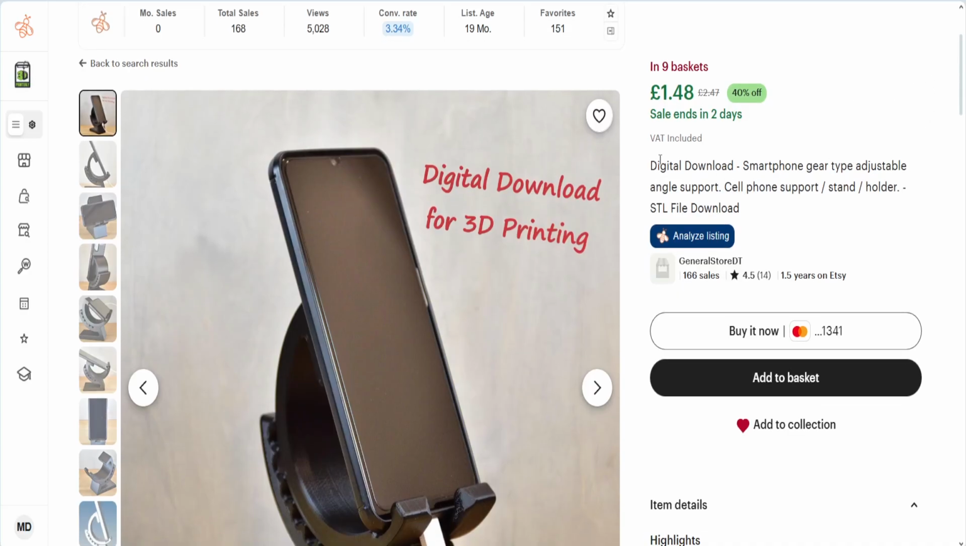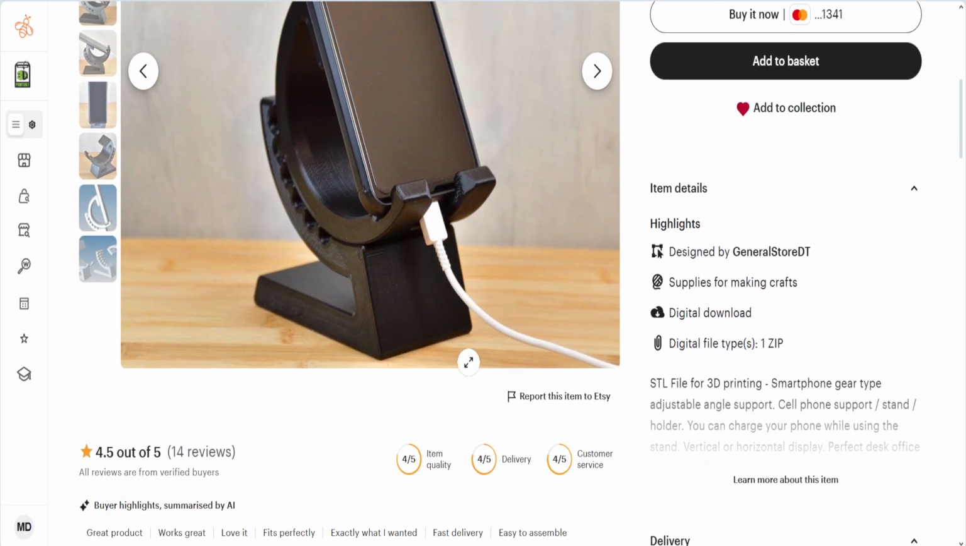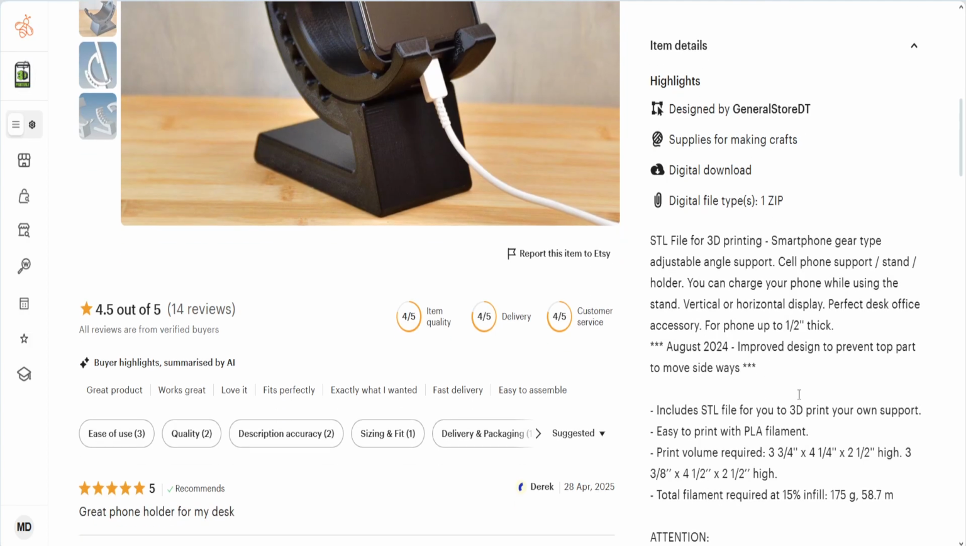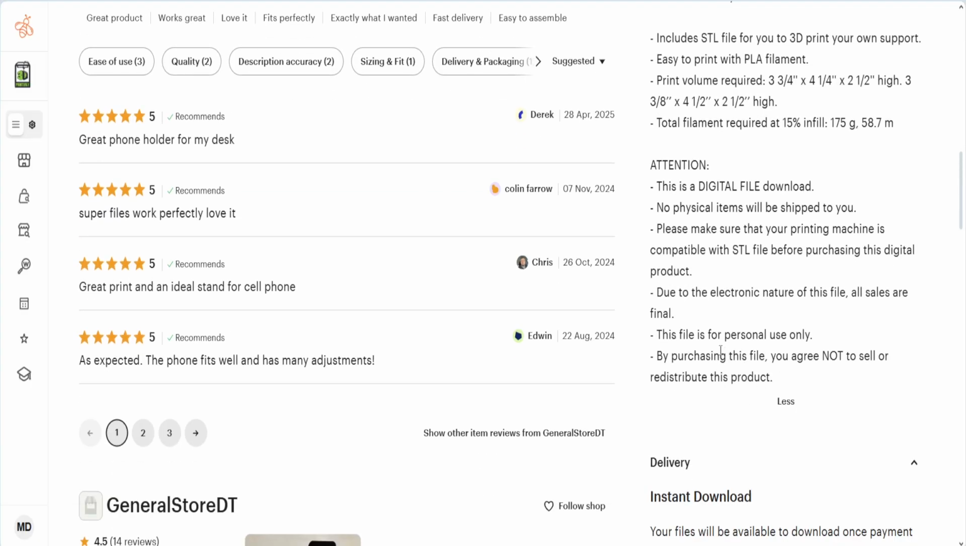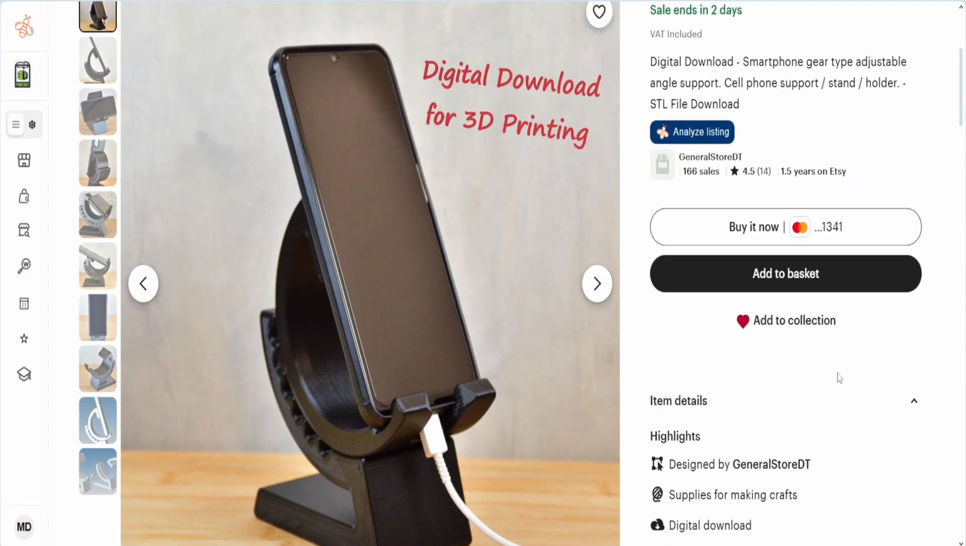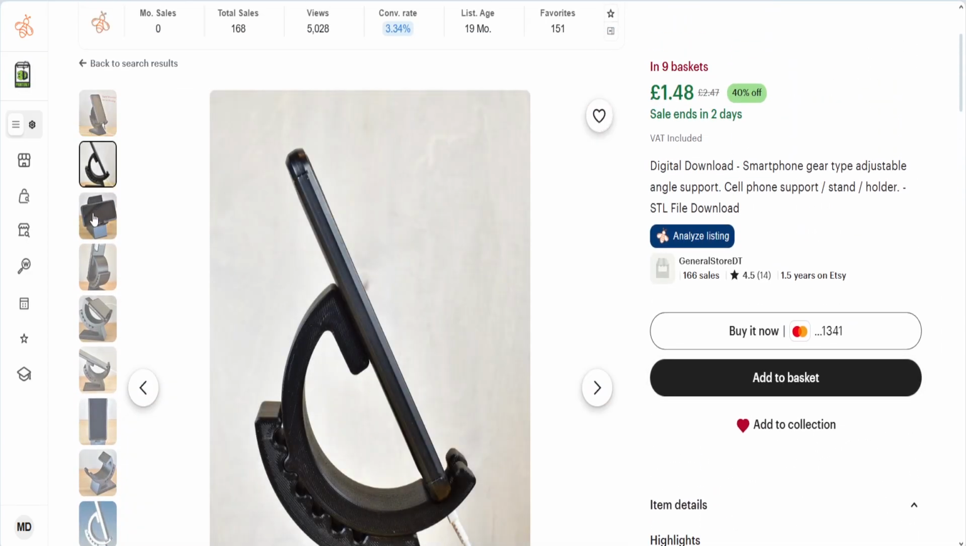Here we have just a digital download. It's in 9 baskets, but I'm not too sure if it's commercial, if you're allowed to do that. So no physical items. Okay, you agree not to sell or redistribute. So this is personal use only. But in terms of the design,